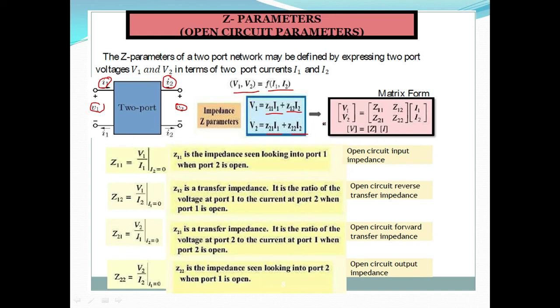Then we write it in matrix form. So how do we write it in matrix form? Here are V1 and V2, the two voltages. So V1, V2 is equal to, in a matrix, Z11, Z12, second row Z21, Z22, and its coefficients are I1 and I2. So commonly we write V equal to Z into I. This is like V equal to I into R, which means we have again shown the basic Ohm's law with the help of the two-port network.